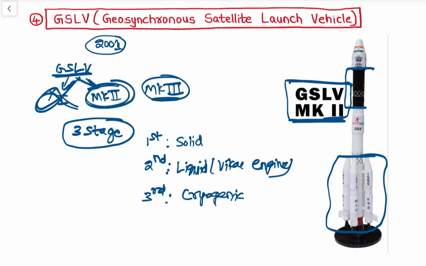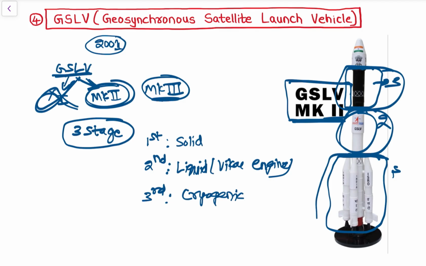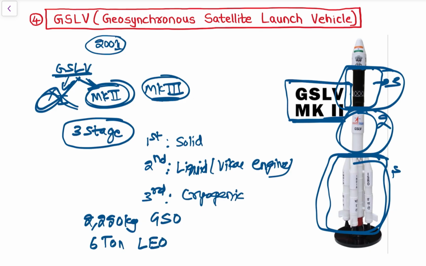This is the first stage, this is the second stage, and this is the third stage. So this is cryogenic, this is liquid, and this is solid. And the payload capacity is